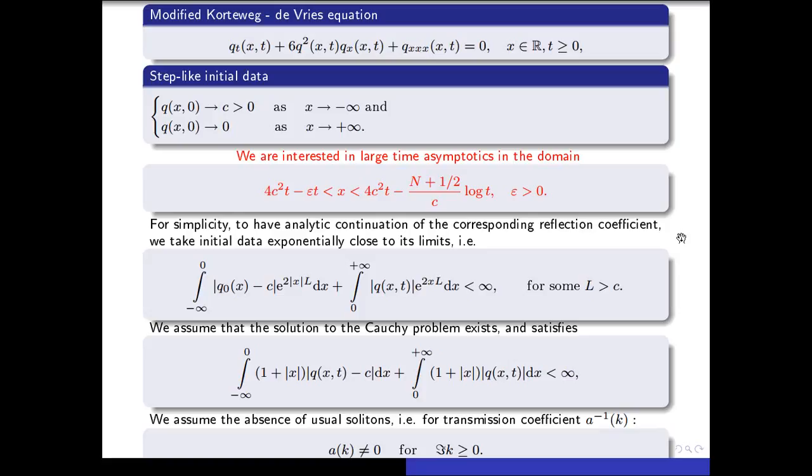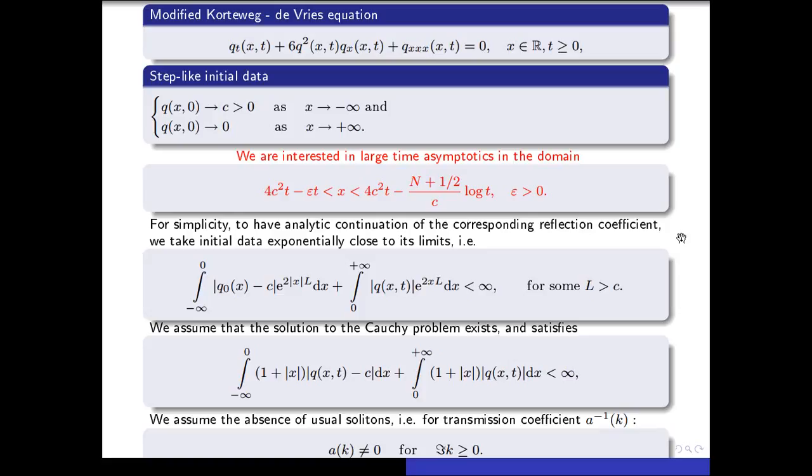And this region is actually small because we see that on the left border we have a small parameter epsilon, and hence it is close to the leading edge, and the right border is even closer to the leading edge. But due to another choice of parameterization, we can distinguish a non-small parameter n. n is a natural number. So we see that in some sense the right border is better separated from the leading edge than the left border, which is further from the leading edge than the right border.